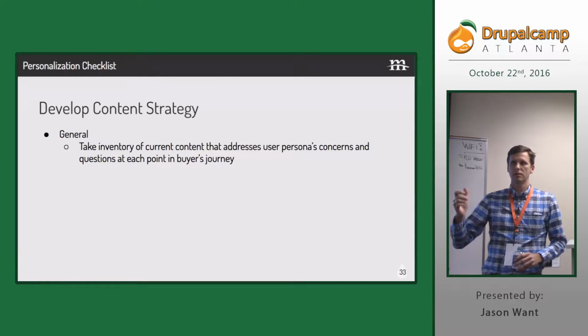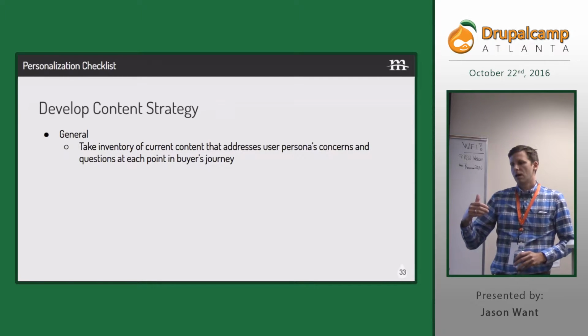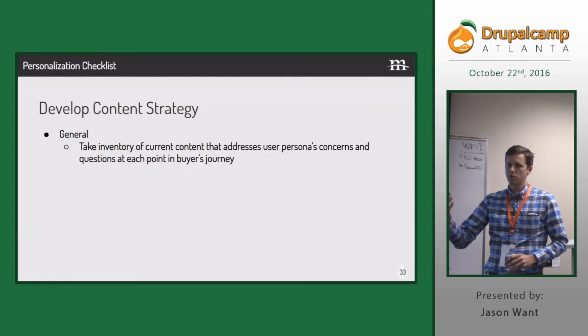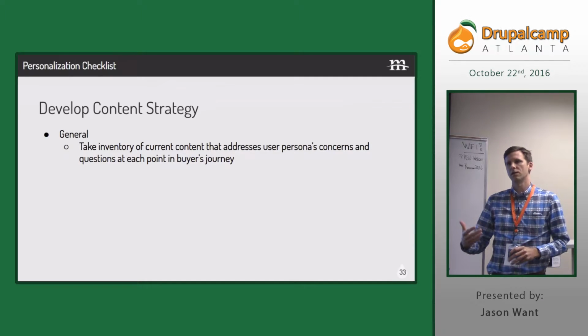So your personas have a story. They're this person. They're considering these things when making a choice. And they have these questions about your product or service when they're evaluating your product. And then you compare those questions to your current content, and you decide whether or not you're missing any content. Are they asking